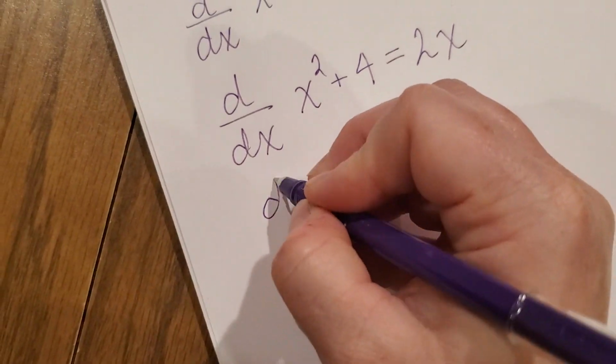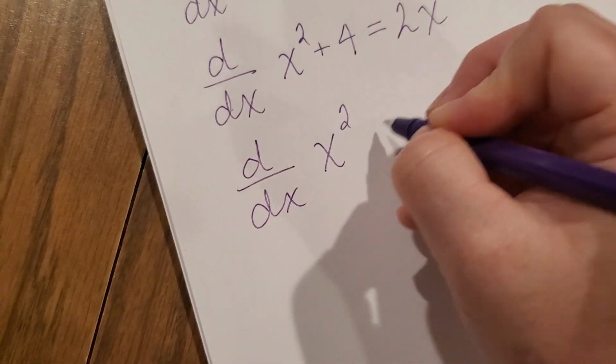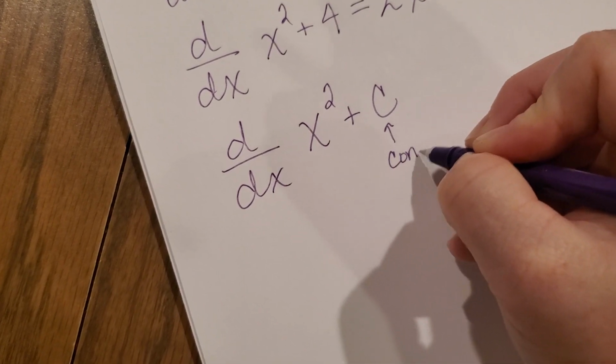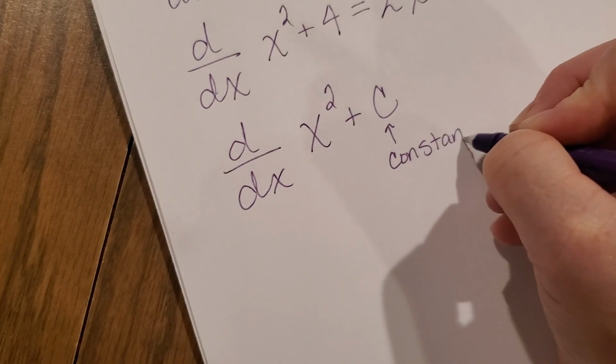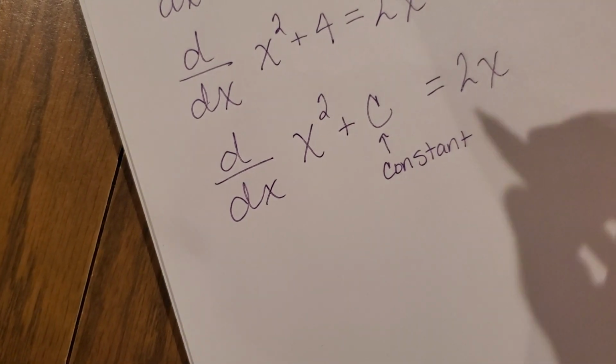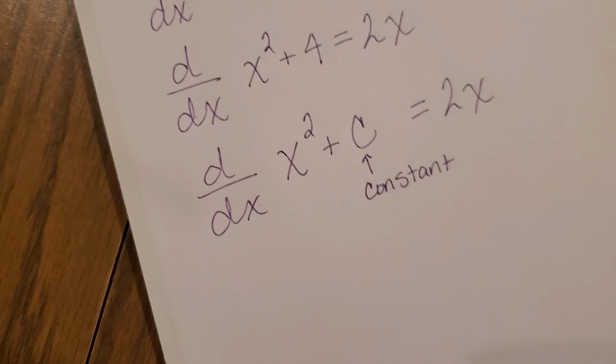Okay? And so when you take the derivative of x squared plus any constant, you're going to get 2x. All right? So let's use that information and let's talk a little bit about